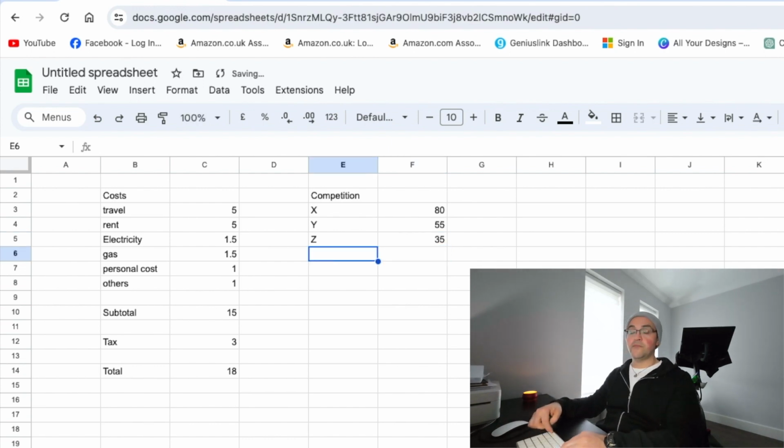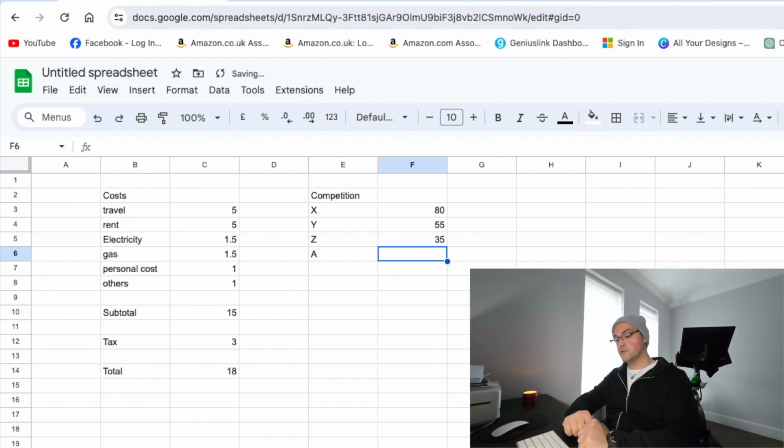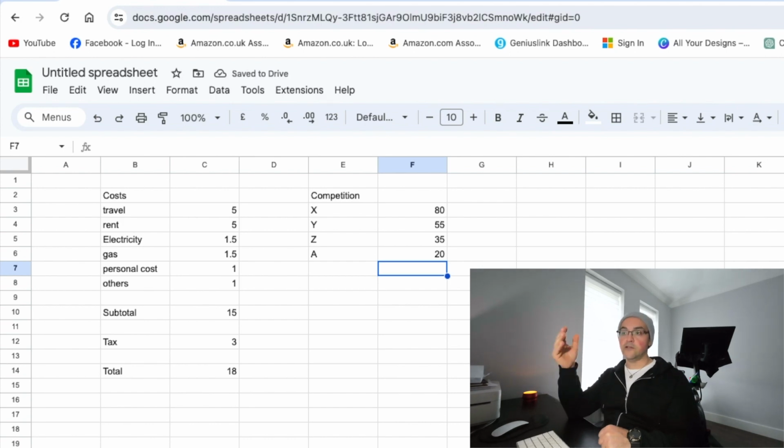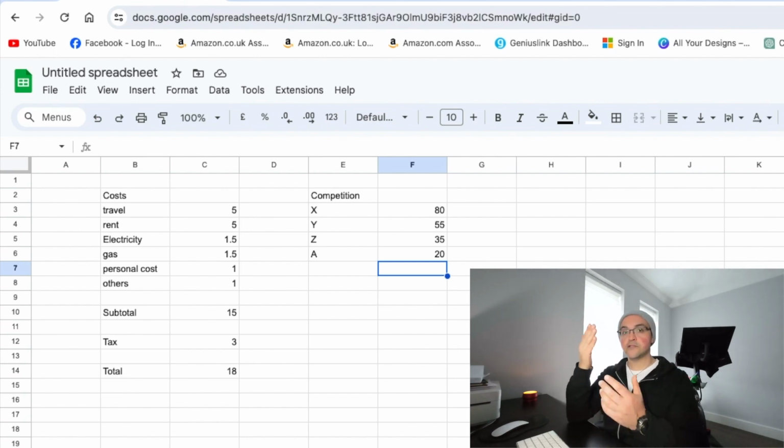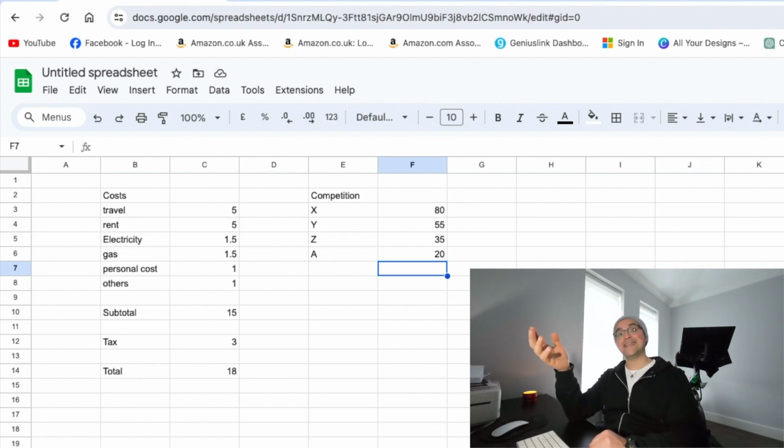Now, I know that in this area there are also people charging £20. Okay, so that's quite low, as you can see, compared to the £18 that you need to actually just perform the session with your clients. £20 feels very risky, and you need to see as well if it's actually generating any quantity as well, because that low price should generate a lot of inquiries, it should be more attractive to people, but it's not necessarily that, because sometimes low pricing can make people think that you are not really competent in your field, so they might skip you.